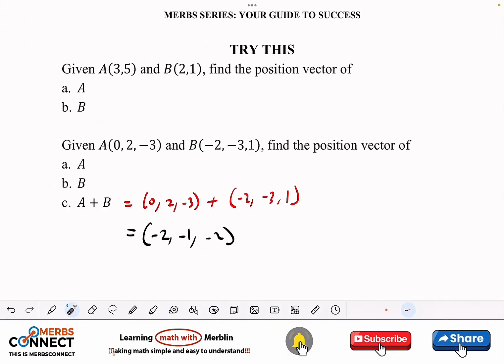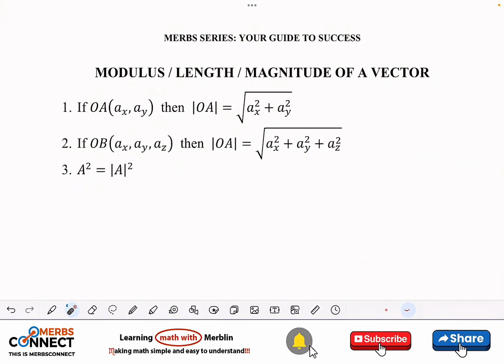In this playlist, what we are doing is, if I do A, you do B. If I solve an example, I give you an example to try as well, right? So when you are watching, you can pause the video and work it through. When you are done, you can type it in the comment section for me, and then you continue, right? So now that we know position vector,